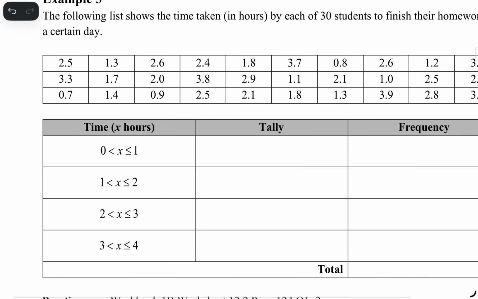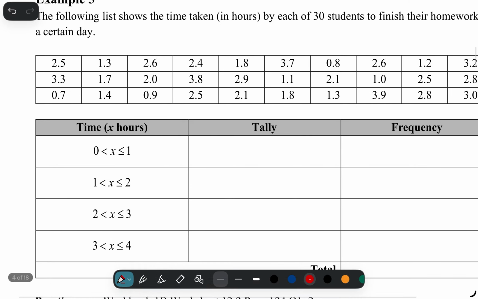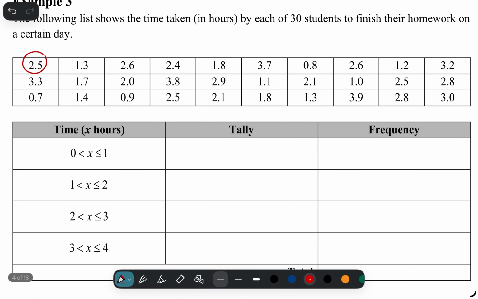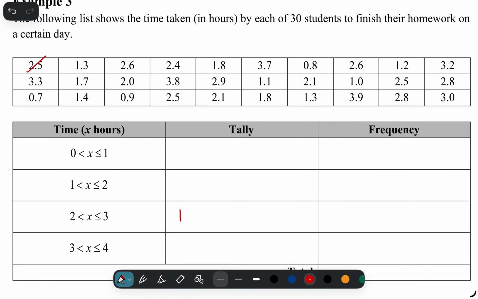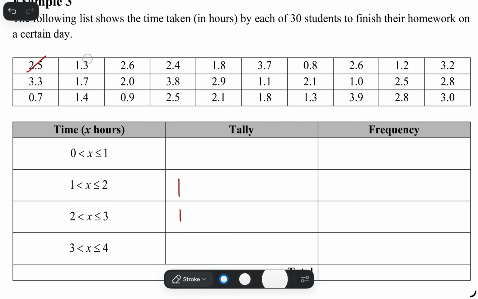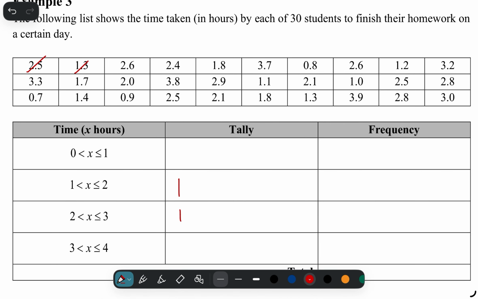Okay, so let's look at the tally and do it step by step. First one, 2.5. It will go under here, between 2 and 3. I cross it out so I know I'm already done with this. Next one, 1.3. It goes between 1 and 2 here. This is a faster way of how we can do it step by step. Next one, 2.6 under here, cross out. 2.4 under here, 1.8 under here, 3.7 between 3 and 4 here, 0.8 here, 2.6 here, 1.2, 3.2 under here,